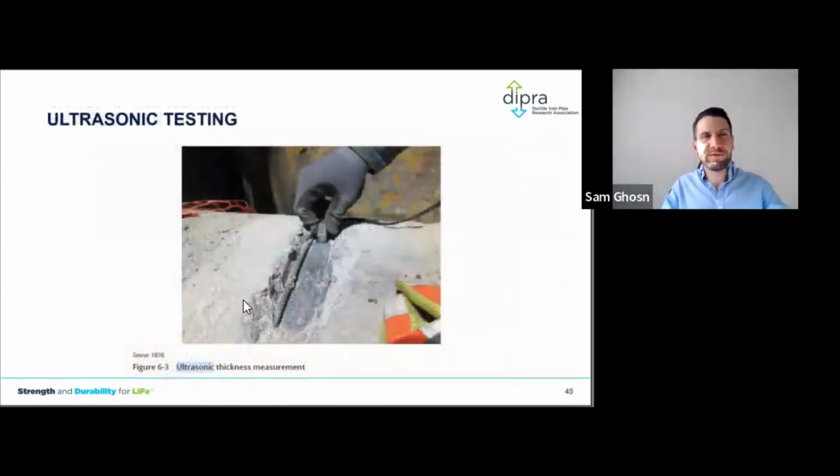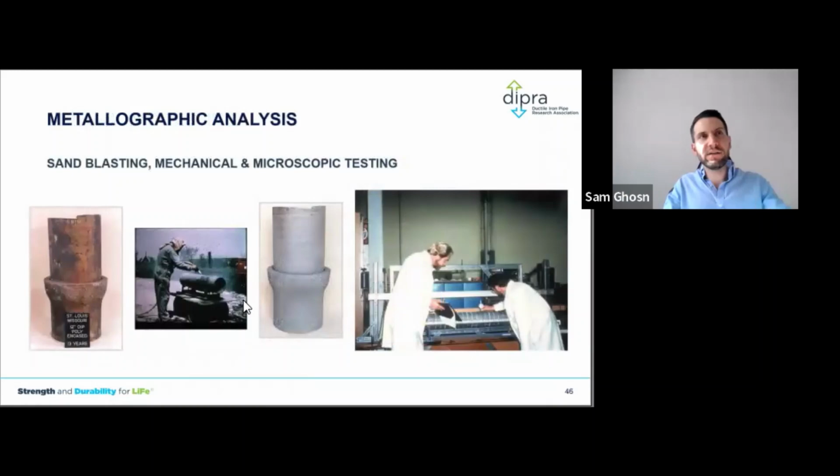Ultrasonic testing is also commonly used for above ground applications or where you can access the pipe. It is a local inspection tool. They're getting better with trains and modular tools that you could pull inside the pipe, but they're not actually very practical in most cases. Metallographic analysis, we used to do those a lot before non-destructive testing became popular, in the past, I would say 30, 40 years. We take a piece of that pipe, sandblast it, take it to the lab, and our folks in the lab are always happy to see old pipe there because they could look at it and evaluate it. It is not as simply done these days due to the cost of doing all of that.